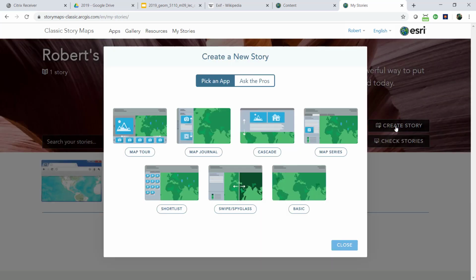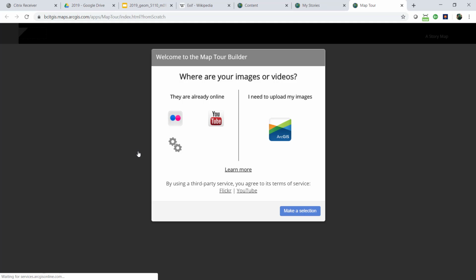So I'm going to create a story. And I'm going to do the map tour one because, as you can see, a sequence of places, but typically we can base these off of geotagged photos. So I'll go map tour. And it'll fire up this application, and I think I can,